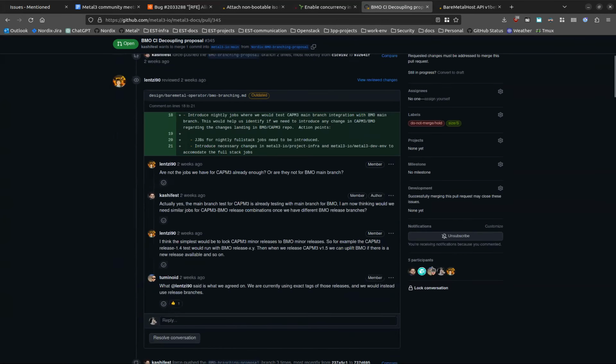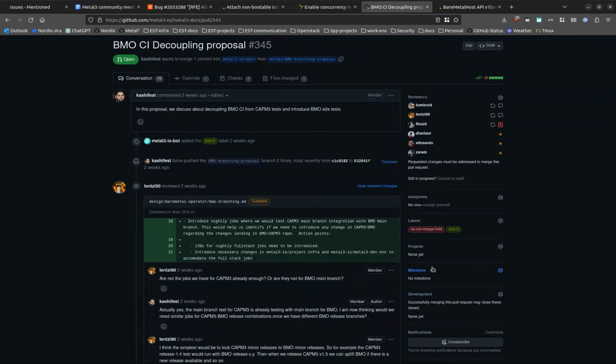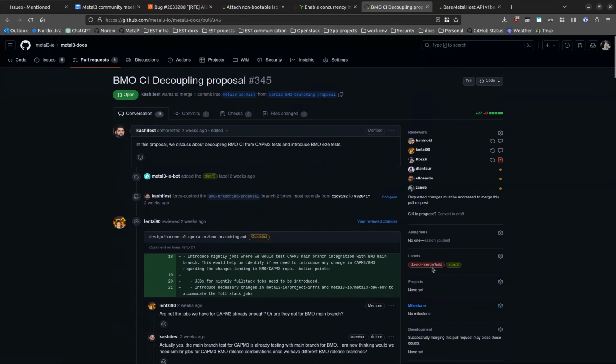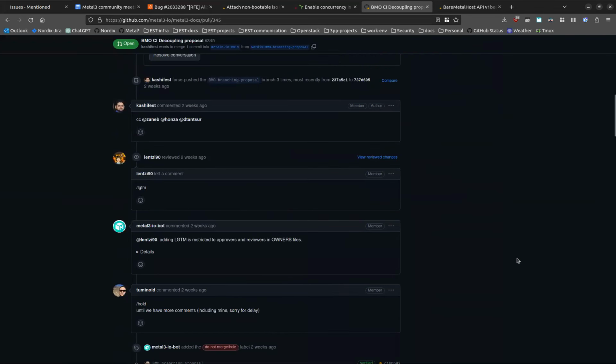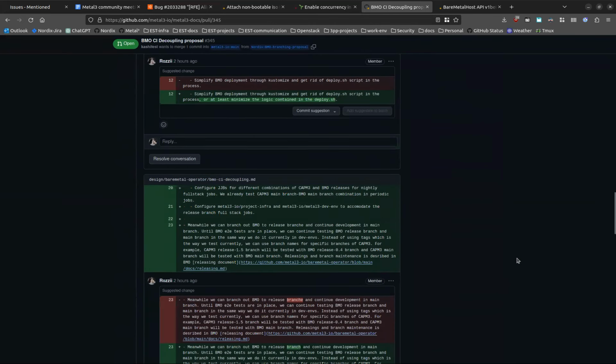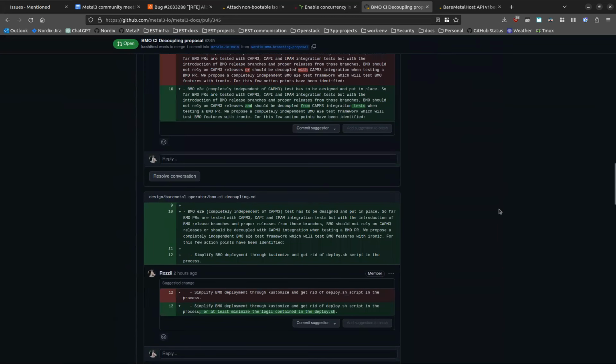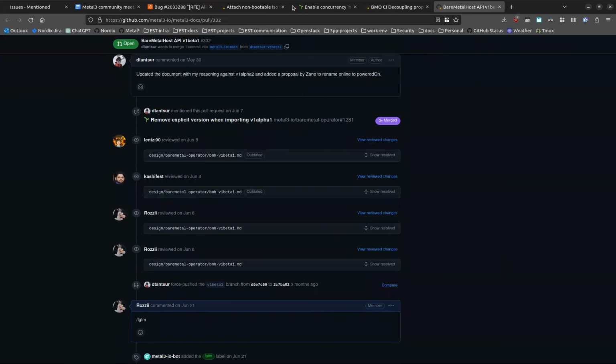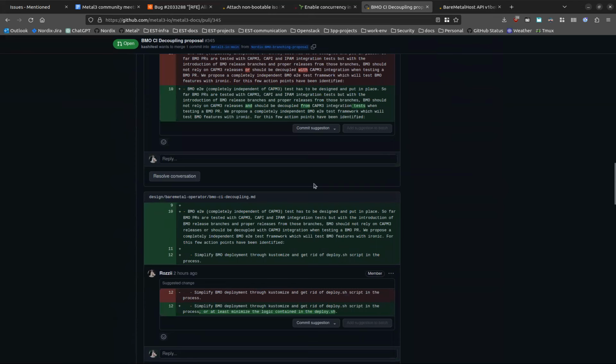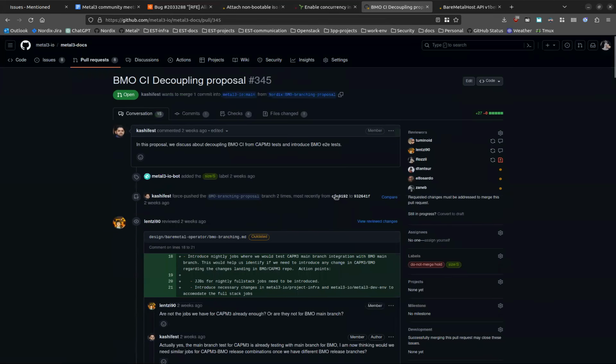We have to get through these things as fast as possible, because a well-defined versioning scheme, both for the API and for the release processes, is required for the project to go into incubation. So these are actually very important PRs, both Dimitri's API PR and Kashif's E2E PR. So please take a look